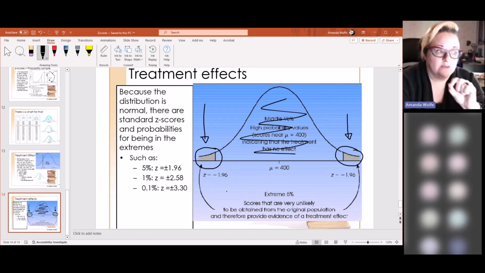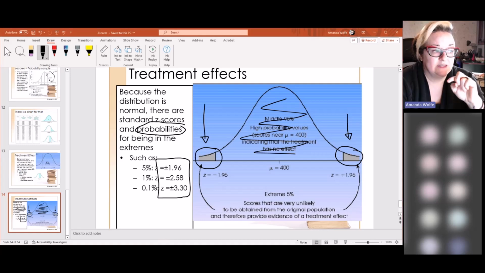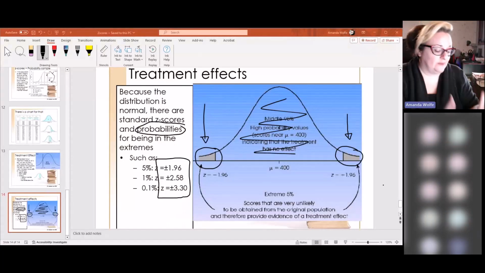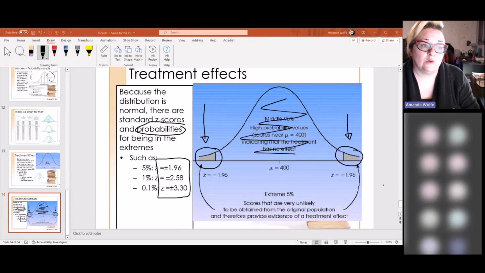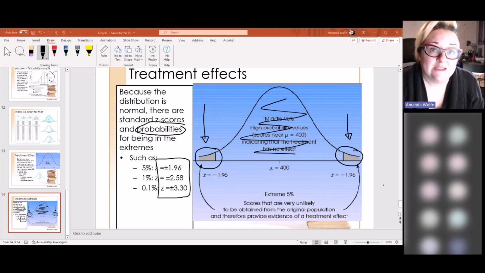Because we can come up with the probability of being in the tail by a z-score as well. So if I take a score and I turn it into a z-score, if that z-score is at positive or negative 1.96, positive or negative 2.58, positive or negative 3.30, those are statistically significant. So again, if I am comparing groups in inferential statistics, or if I'm just looking at one score to see if that one score is statistically different, I can just transfer it into a z-score